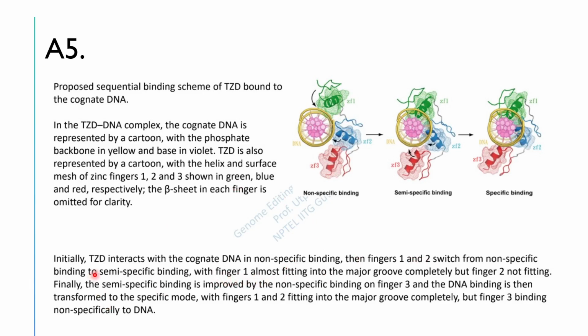With the fingers, first they interact in a non-specific manner, then fingers 1 and 2 switch from non-specific binding to semi-specific binding, with finger 1 almost fitting into the major groove completely, but finger 2 not fitting. Finally, the semi-specific binding is improved by the non-specific binding of finger 3, and DNA binding is then transformed to specific mode, with fingers 1 and 2 fitting into the major groove completely, but finger 3 binding non-specifically to DNA. So this basically talks about the TZD domain, that means